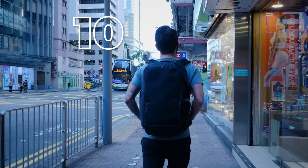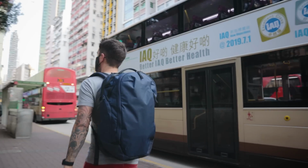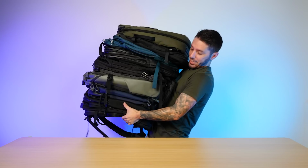In today's roundup of the 10 best long-term travel backpacks, I'm gonna break these bags down into specific use cases so you can easily find the one that's best for your needs. And the best part is that each one of these bags has their own in-depth review, which you can find